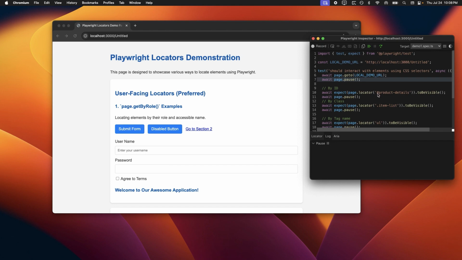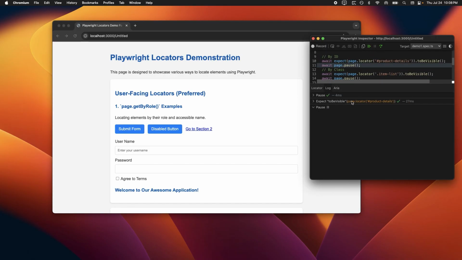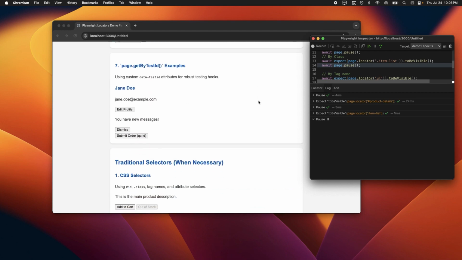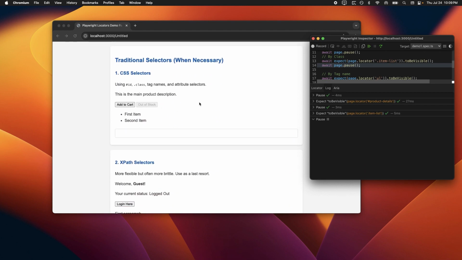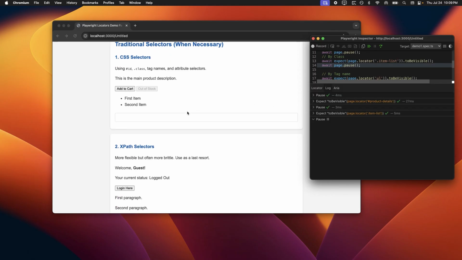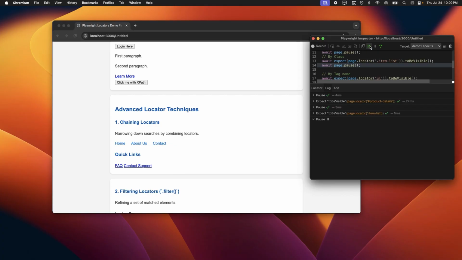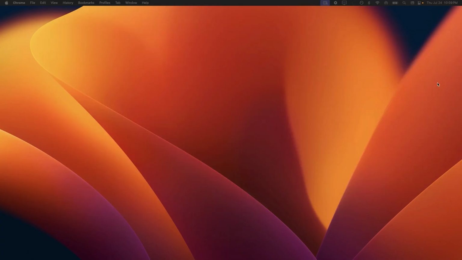And when I resume the test, the next step the test is going to do is locate the product details by its HTML ID, and you can see the test passed. And when I resume the script, let me adjust this window. So when I resume the script, it's going to check the next locator using its class name. So that is visible, and we already know that it is visible because we saw that it's in the same page. So here it is. And when I resume this test, it's going to